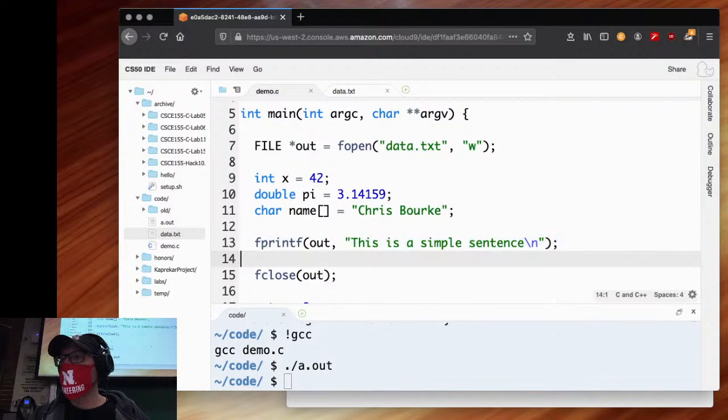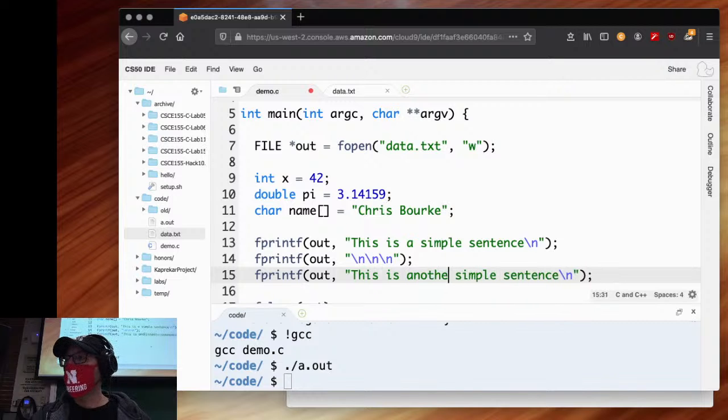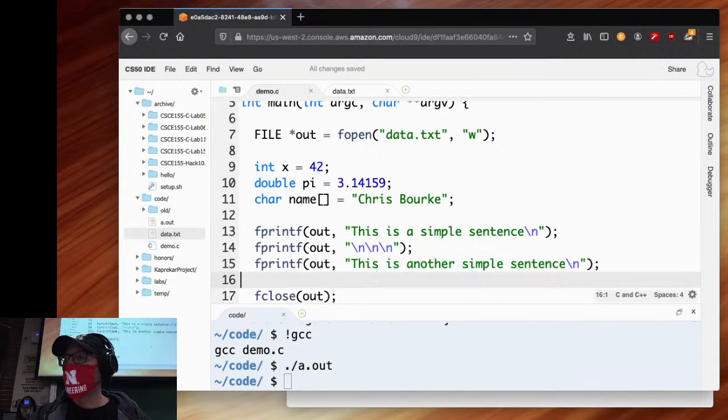If I want to, I can go ahead and put more stuff, right? I could put in 3 end line characters. This is another simple sentence. Right? And then if I want to do actual data output, I can say fprintf out hello